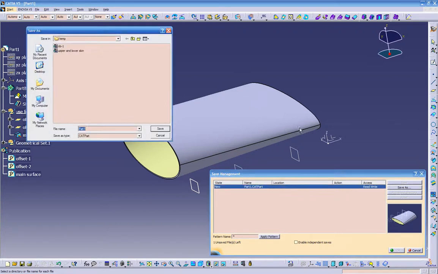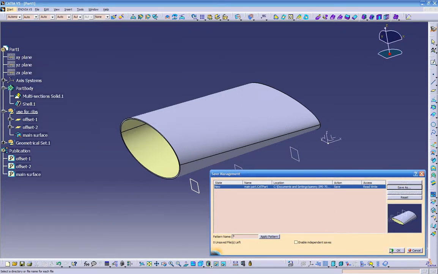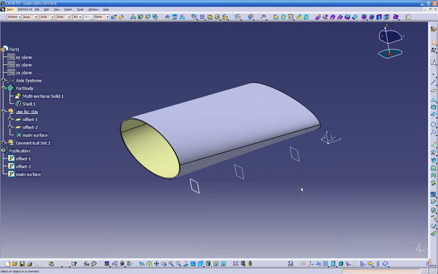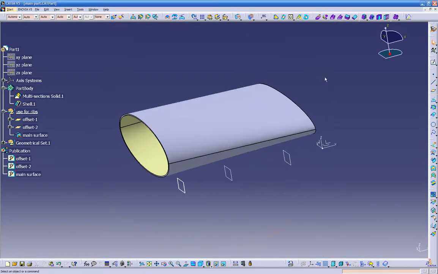and click save as, and we're gonna call this temporary ribs. We just make a new folder, and we're gonna save this main part. Click OK. So we have this saved. We can close this out right now,